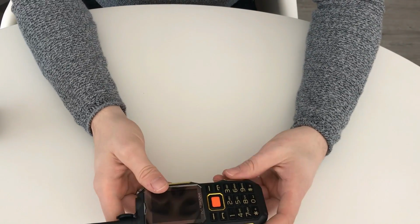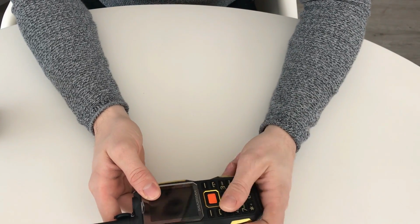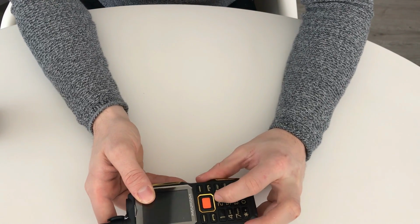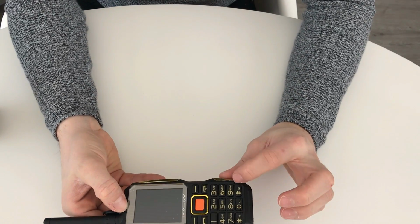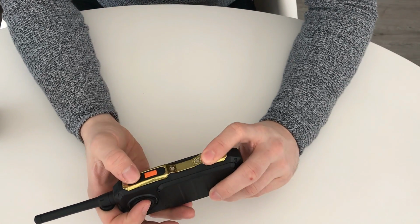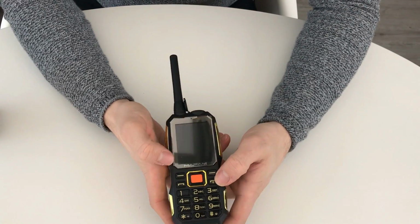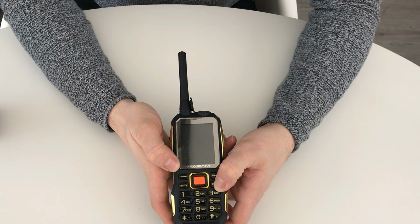So that's the external parts of the radio. We've got the keypad on the front, which is again quite chintzy and plasticky, and this orange plastic in the middle's awful. But yeah, that's the keypad, and we've got the screen and a speaker and a microphone there. So I thought, well, for 30 quid, even though it's a bit cheap, how bad can it actually be? So then I switched the device on by holding this button here,